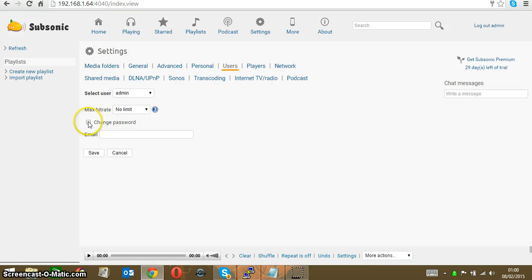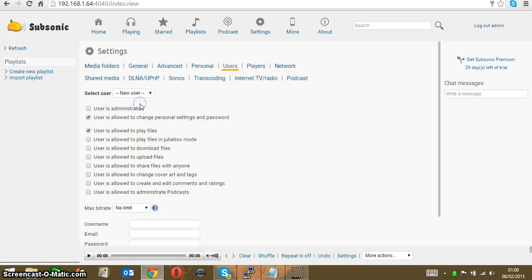Actually, change password. You just click on the box, enter the password of your choice. So just enter that. You confirm it, and then basically confirm password. I don't want to use change password. You could change the username as well. Just select a new user if you wanted to. So as it's only me that uses it,